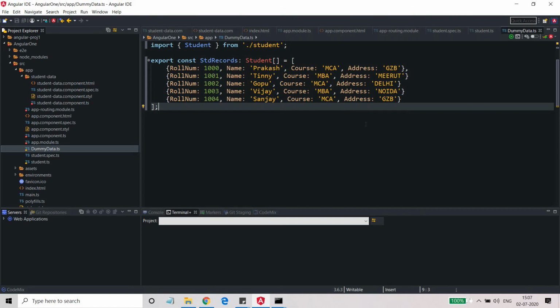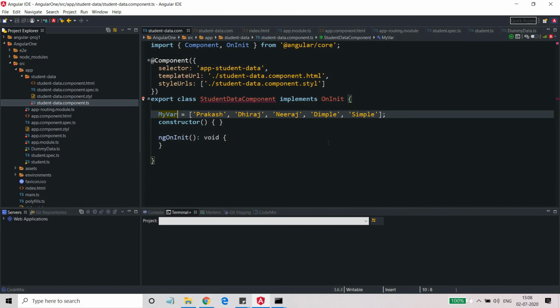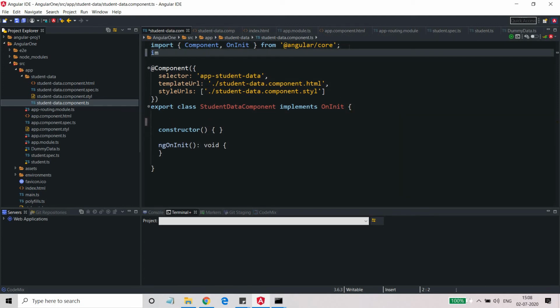Now we have created a class, and we have created a dummy file where we have our dummy data. So what we can do now is go to the student data component and remove this one. After removing this, I need to import the class student from dot slash student.